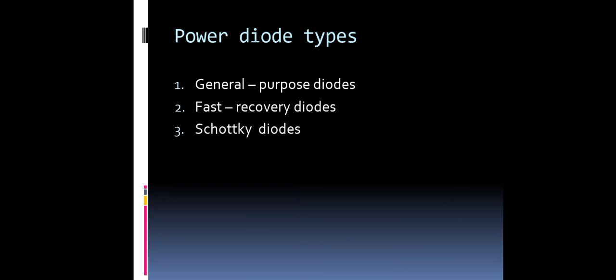drop, but its leakage current is higher than that of p-n junction diodes. The Schottky diode has a low conduction voltage and a relatively high leakage current, and the maximum voltage of this diode is generally limited to 100 volts. There are three main types of power diodes: general purpose diodes, used in welding; fast recovery diodes, used in converters; and Schottky diodes, used in the manufacture of diodes.